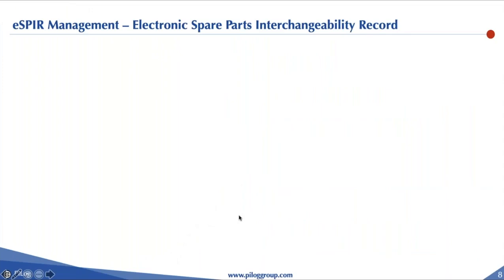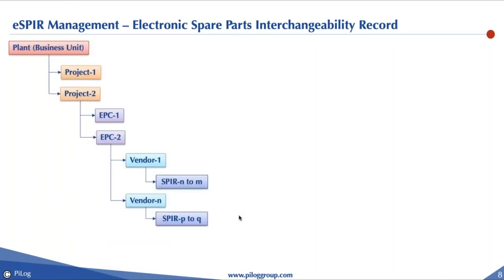Now, what exactly does the ESPIR consist of? Let's deep dive into that. Now, before that, we need to understand where exactly the ESPIR is coming in. What is it? Is it the entire plant data, or is it the data pertaining to only one particular package, or pertaining to only one particular equipment, or pertaining to one system or one function or one department? Let's look at that. So if, let's suppose, we have a business unit or a plant, which could also have